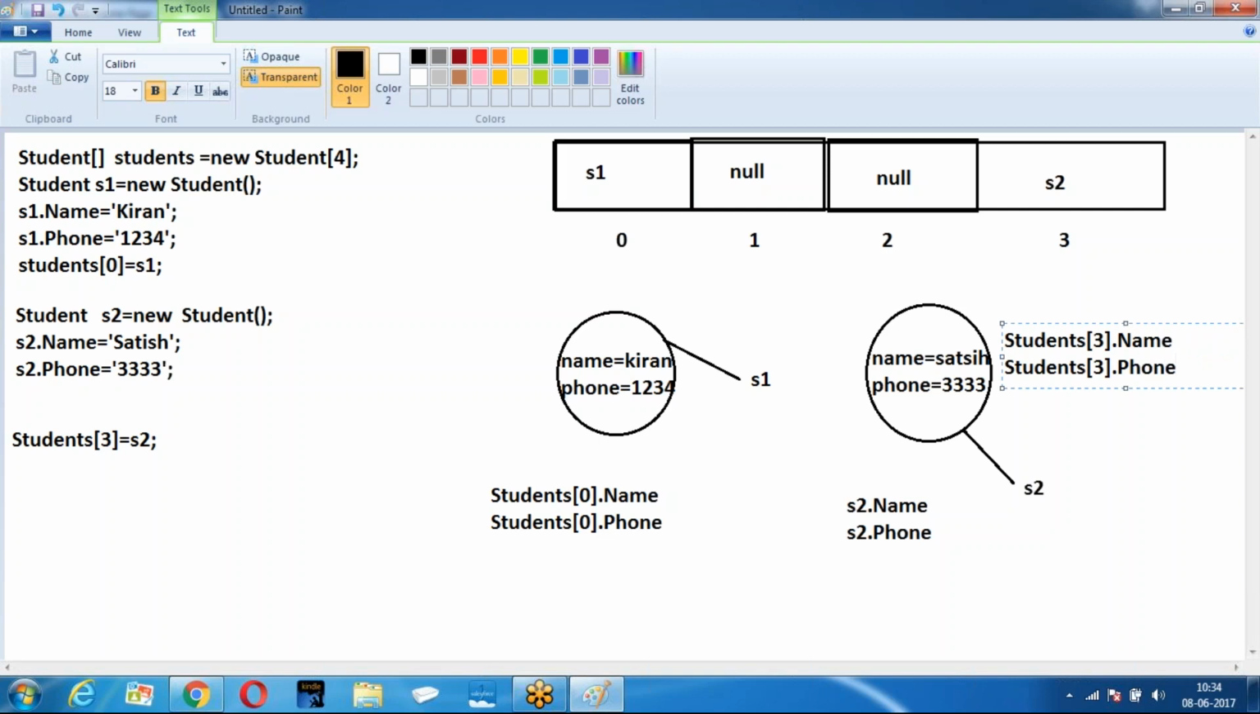This is how we create. People have followed this. Students of 3 dot name, students of 3 dot 4, because both are referring to the same. Students of 3 and S2 both are what? Referring to the same data. I told you already, if I create like this, S3 and S2 both are referring to the same. Here also, students of 3 and S2 both are referring to the same value. This is how the values are referred using